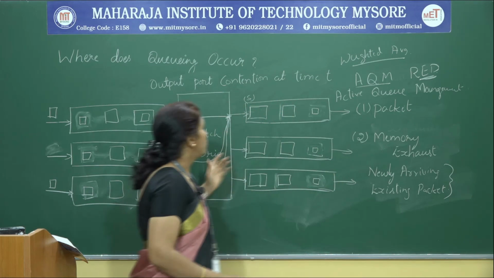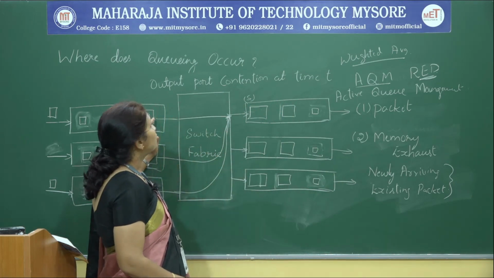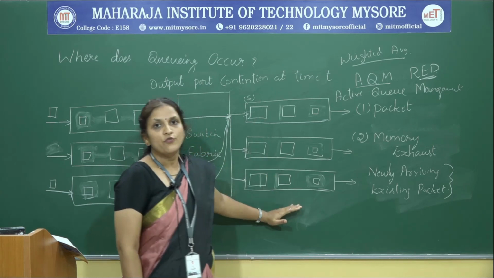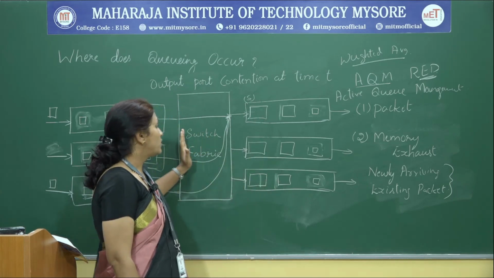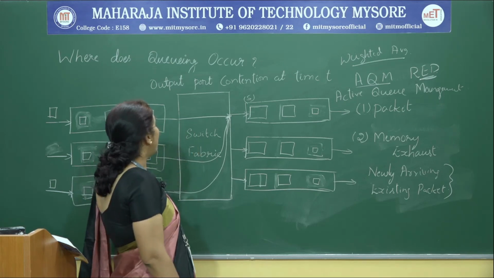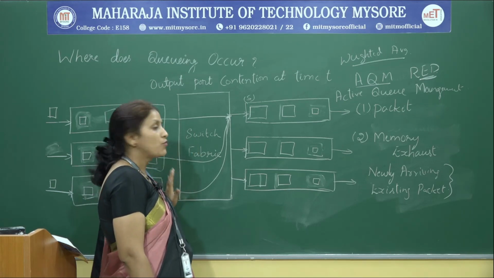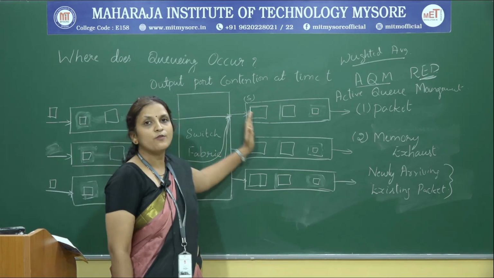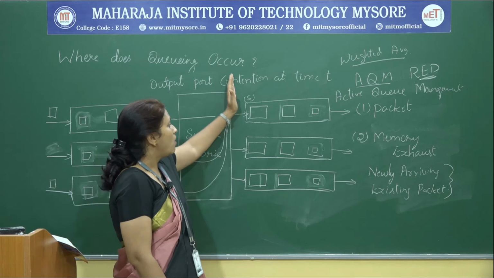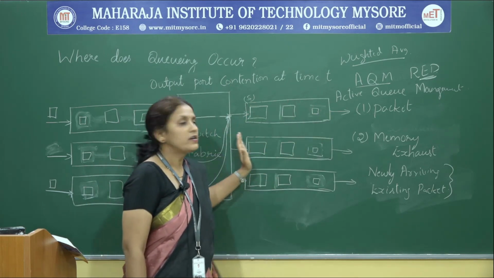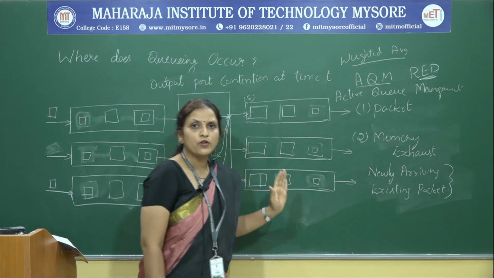So, by this we can conclude that contention of packets can occur at output port when there is a switch fabric with efficiency of transmitting all the packets that are arriving at the input port to the output port, right. So, it just transmits and there will be no contention at this place, but all the transmitted packets will be at this portion, right. So, the contention takes place at the output port.